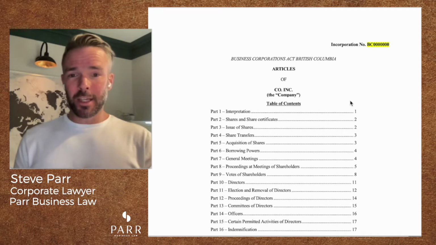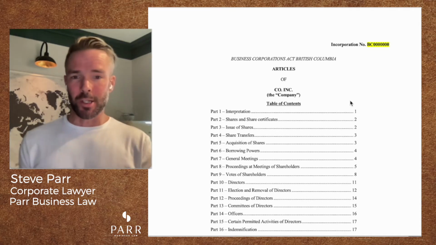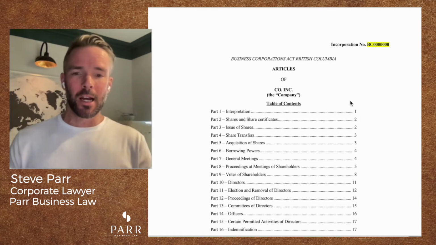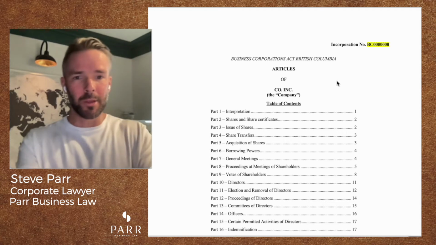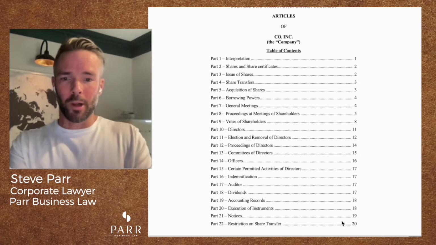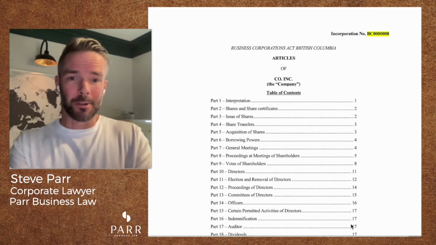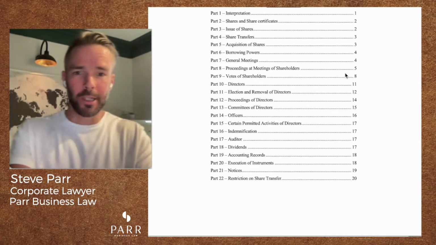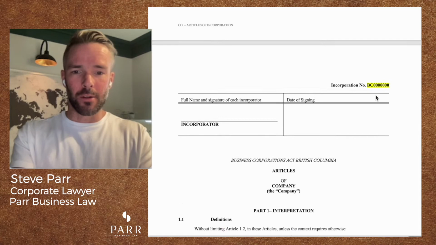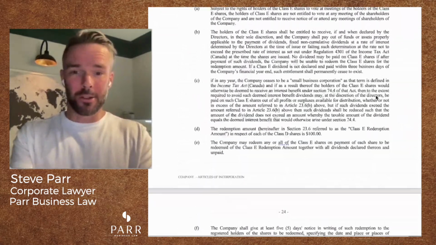Generally, the Articles of Incorporation tend to be fairly boilerplate. There are important exceptions that we can't get into at this point, but in general, the articles are going to be fairly boilerplate, and these kinds of items here, up until Part 1 through 21, are often quite similar. So we're going to scroll down. This is where the incorporation number goes. So date of signing, it gets signed, yada yada. Anyways, we're going to go all the way down to the very end,